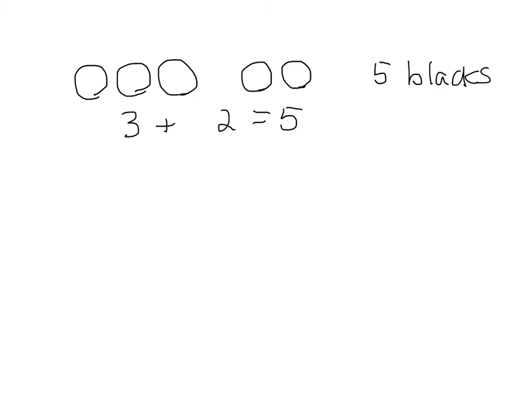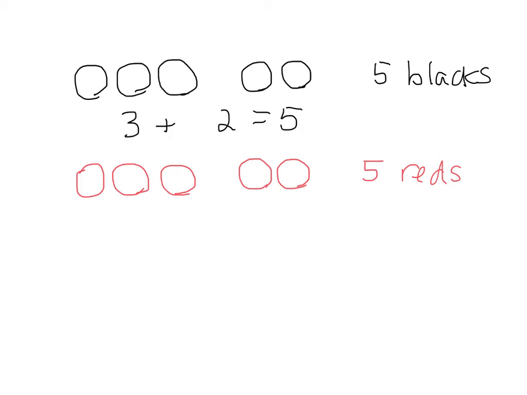All right, so we can see that positive 3 plus positive 2 is equal to positive 5. By the same token, if I have 3 negatives and I add 2 more negatives, or 3 reds and I add 2 more reds, I've got 5 reds. So I can see, if I were to represent that with numbers, negative 3 plus negative 2 equals